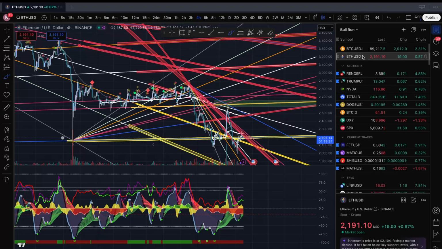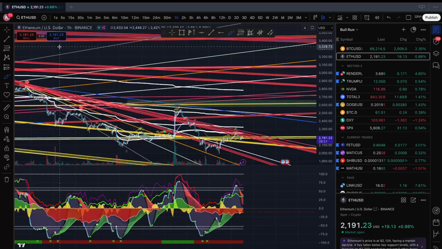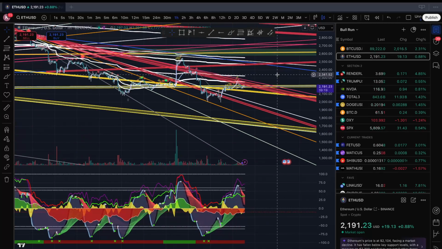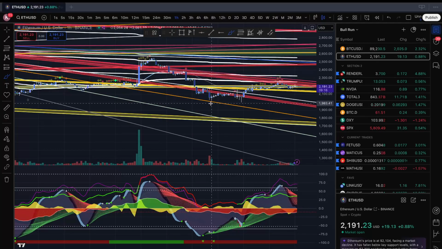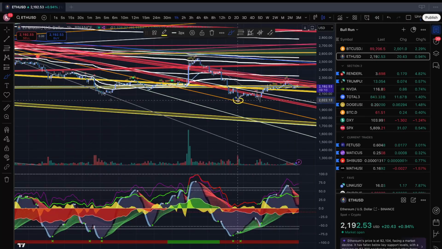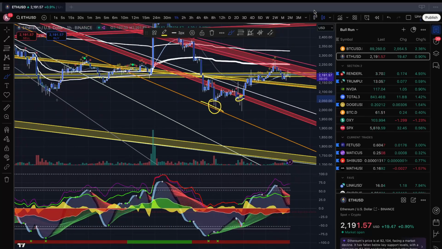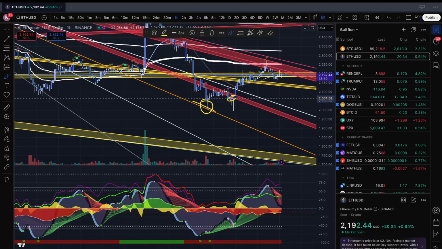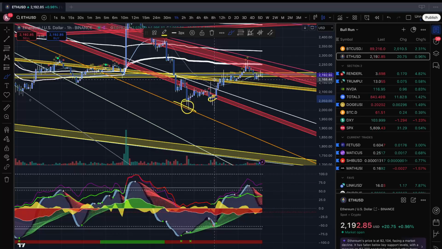And then next on Ethereum, I was also in a trade from Ethereum. There wasn't really a real reason why I got into the trade, because where I should have entered was right here on this touch of this yellow line. However, I ended up entering over here when it came back down, but it wasn't even a golden pocket or anything like that. The main reason I was entering was just kind of a gamble, because since Bitcoin was starting to move to the upside, usually those altcoins do follow Bitcoin for the most part, but we were also just extremely oversold